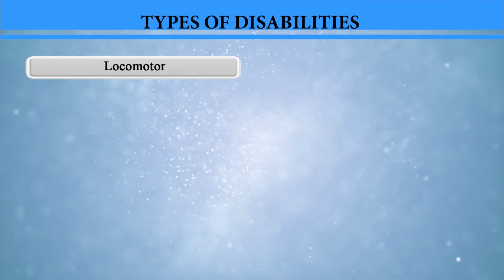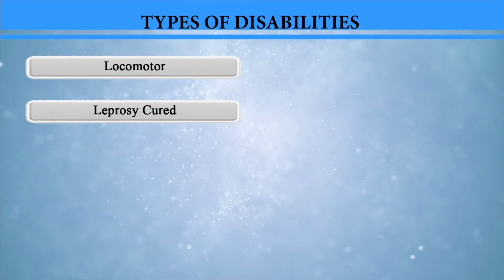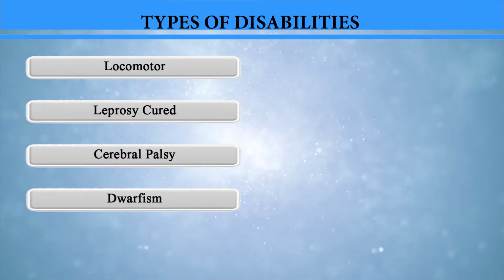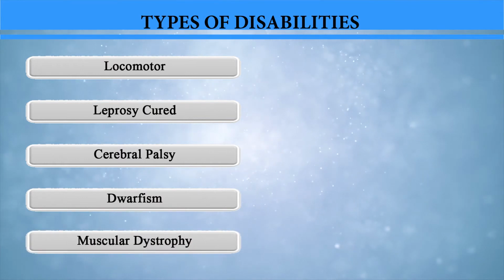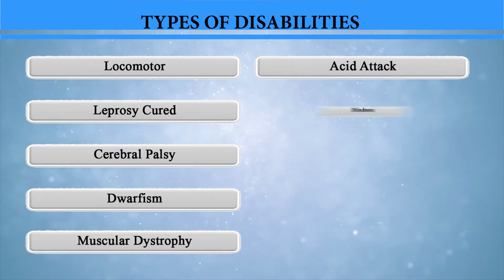It means because of their disability, they are not able to participate in various intellectual, mental or sensory related activities of society. There are 21 types of disabilities as per Rights of Persons with Disabilities Act: locomotor disability, leprosy cured, cerebral palsy, dwarfism, muscular dystrophy, acid attack, blindness,